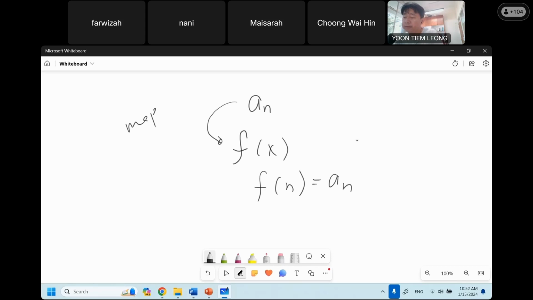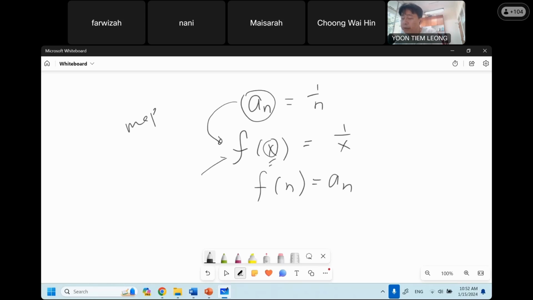For example, if a_n is 1 over n, and you define f(x) as 1 over x, then every time you slot a positive integer n into x, this is equal to 1 over n. That is what I mean by mapping the sequence